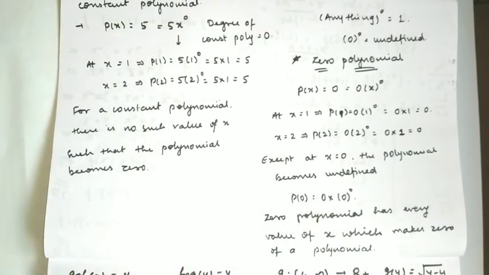Am I clear? So today we have understood all the concepts of zeros of a polynomial. Correct? That's it from my side for the day. In the next class we will solve a few examples and then go for the exercise to finish this topic of zeros of a polynomial. Simple.